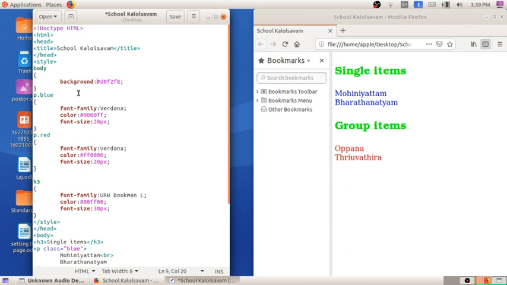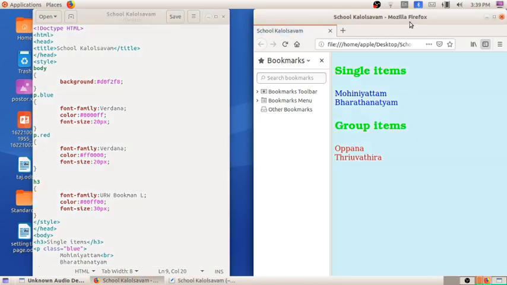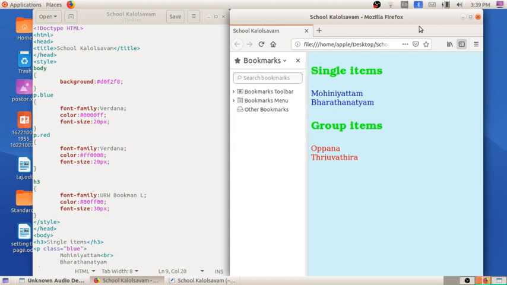After that I am closing the body. So now you can see the change. I have applied the style for the body only. I need the background color for the whole body, so I have applied the style background. I am saving it here. Now you can see the body has a light blue color. So by using the code you can see the change.